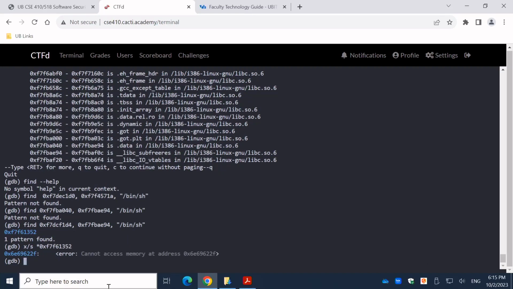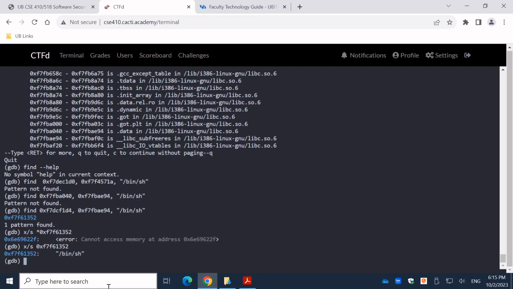Huh? What's going on? Oh, sorry. I should not dereference. Okay. See, at that address, what I did is I put a star there. When I put a star there, that's another layer of dereferencing. So we're actually using the string /bin/sh as an address and finding what is at that address. So you can say at this address F7 something, we have this string /bin/sh, which means then we can